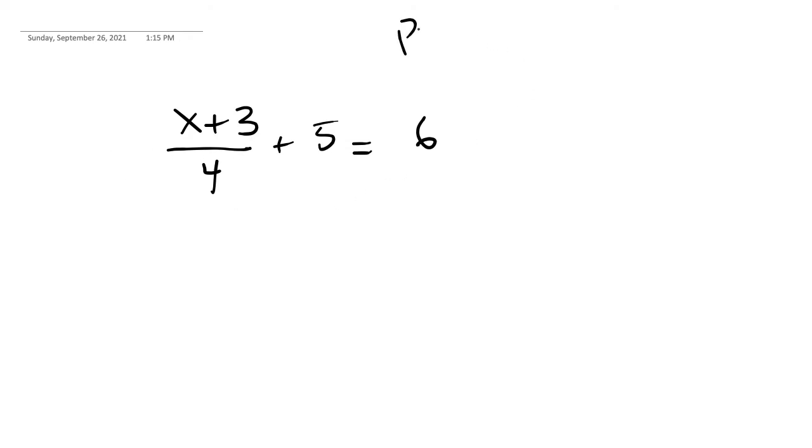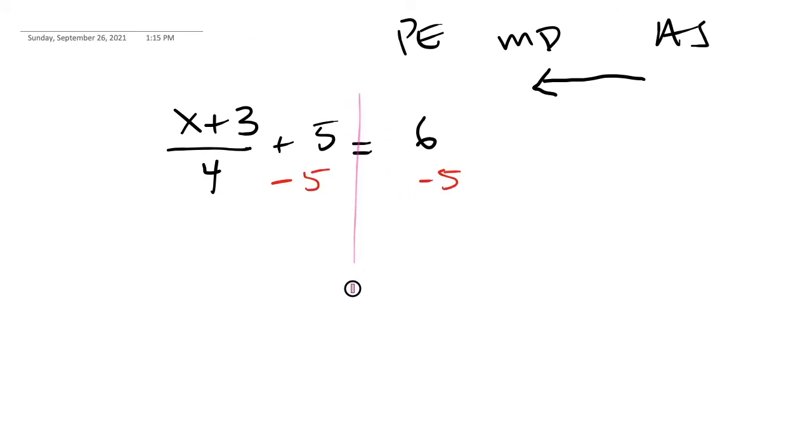So again, we'll still follow PEMDAS backwards, from right to left. And so what we'll do is we'll ask, is there any addition or subtraction? And there is here. So we're going to subtract by 5. If we need to, we could do our line. And we copy down everything else. X plus 3 over 4